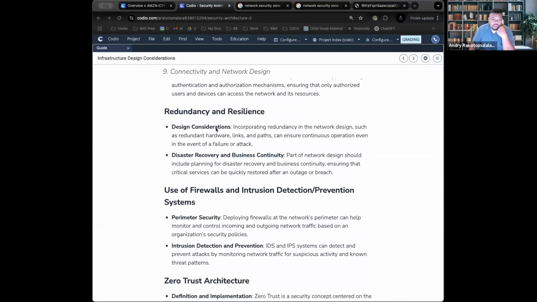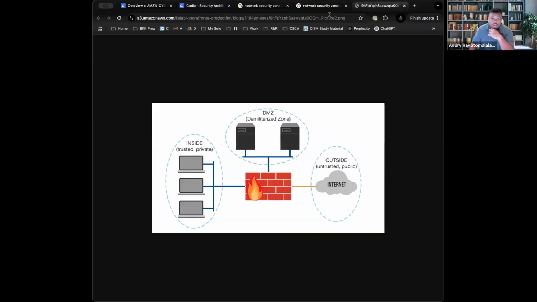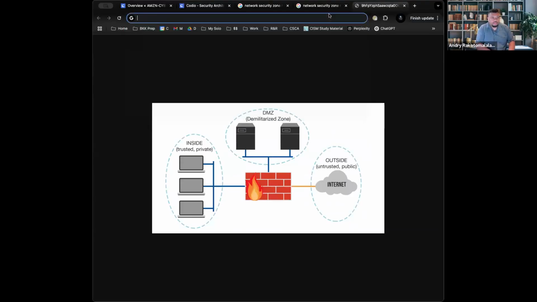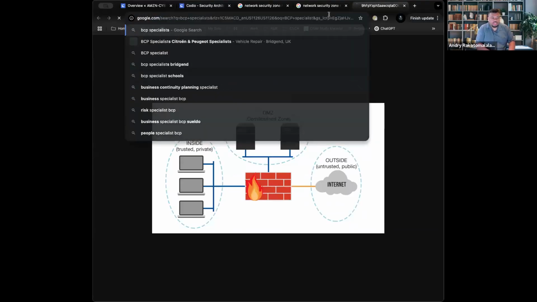We already talked about redundancy and resilience before. We already talked about disaster recovery and business continuity. By the way, this can be an entire career. I know it's just one bullet point, but disaster recovery and business continuity, that can be a career. You can become what we call a BCP specialist.